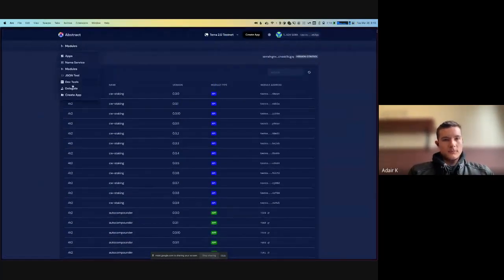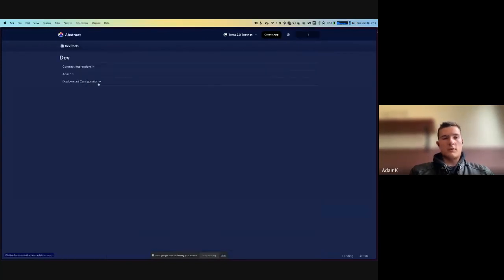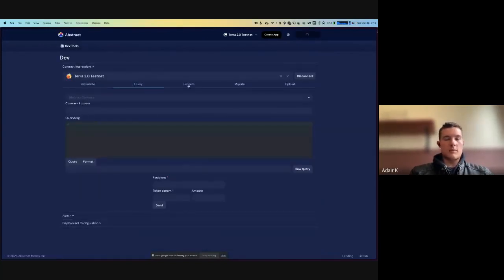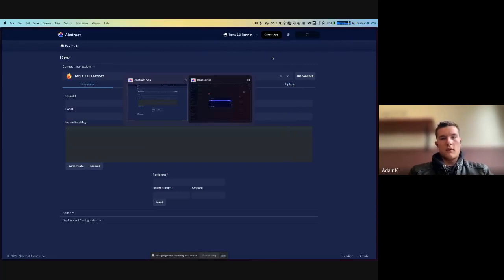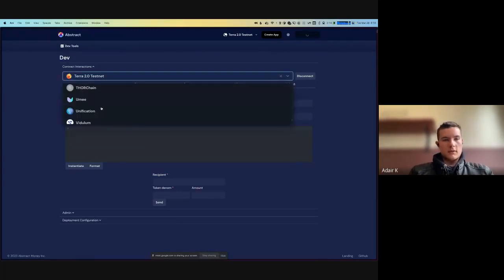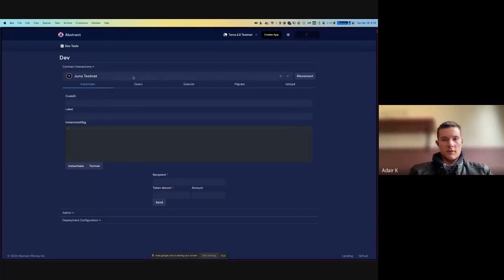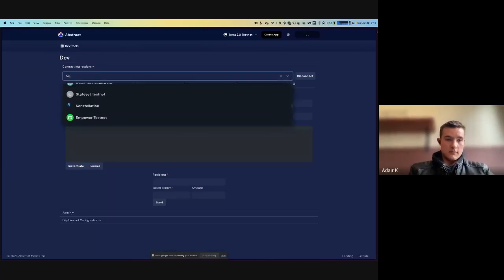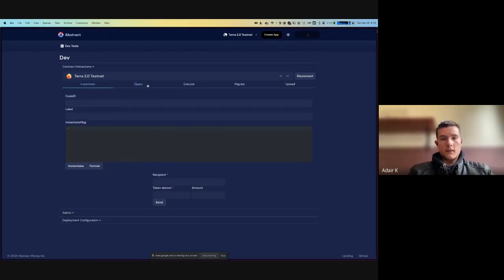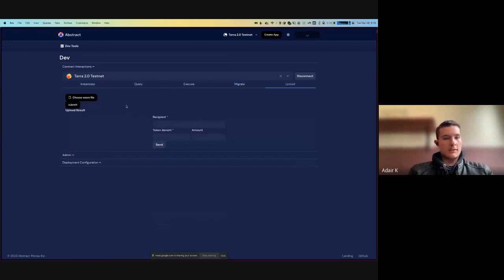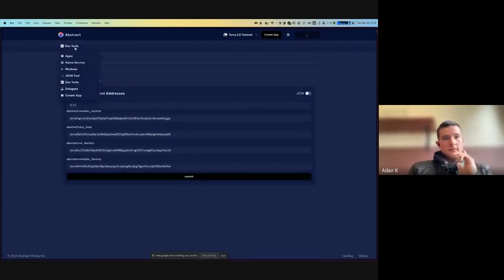What else do we have here? We have some additional developer tooling. This is quite basic tooling. It's somewhat like CosmWasm tools, where you can select any network that supports CosmWasm, no matter what network you're connected to, and execute messages there. So for instance, here I'm connected to Juno testnet or Terra 2 testnet, and so on. You can instantiate contracts, query, execute, migrate, upload contracts. And I guess the final tool that I want to show you in the Abstract front end is for